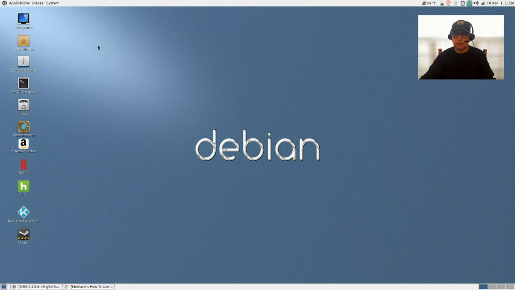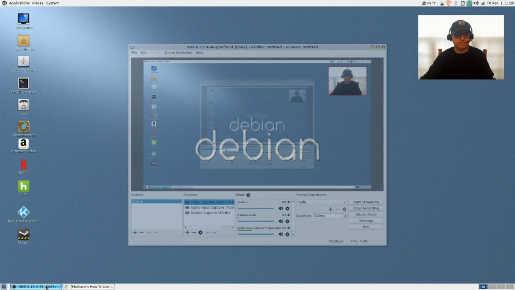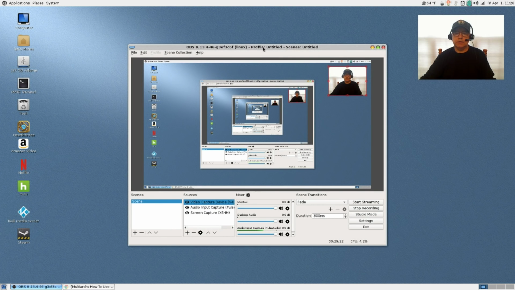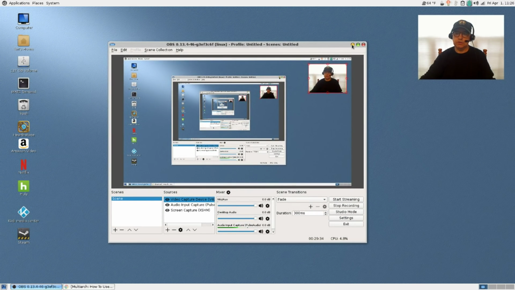and if you would like to, you would also be able to compile OBS Studio, which is what I did. I did a video on this recently. So again, within Debian, I just recently compiled OBS Studio, as you can see, and that's what I'm using to make this video.